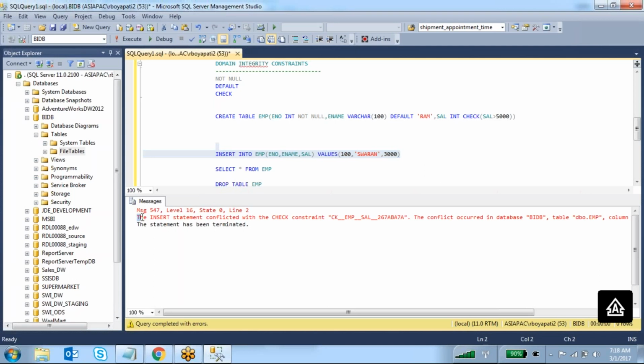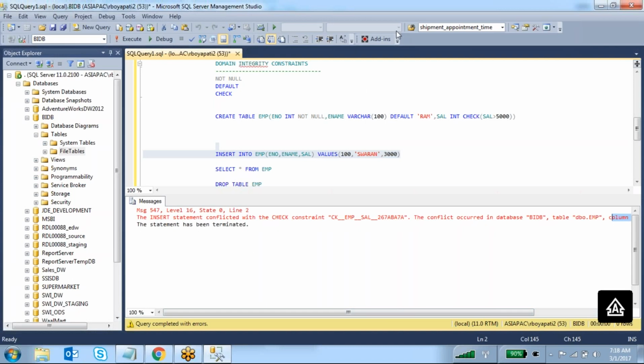What happened? The insert statement conflicted with the check constraint. Whenever you create any constraint, it will create a constraint name automatically. The conflict occurred in the database VIDB, the table is dbo.emp, column salary. What is the conflict?